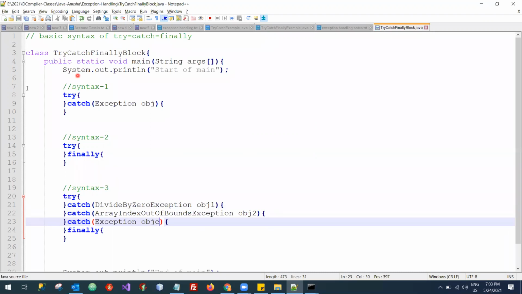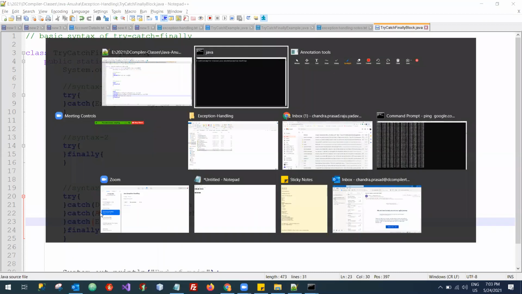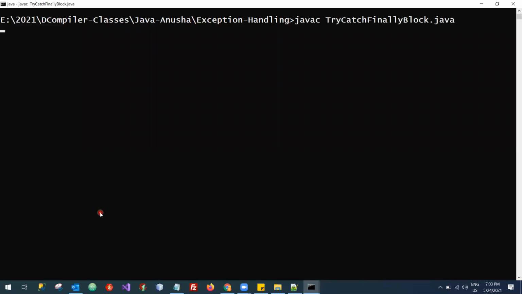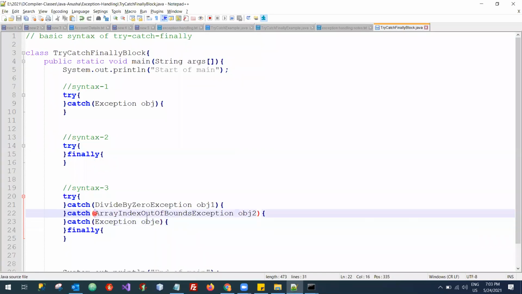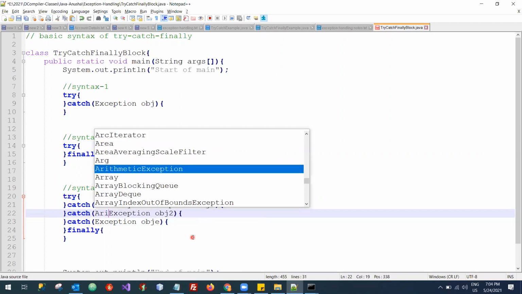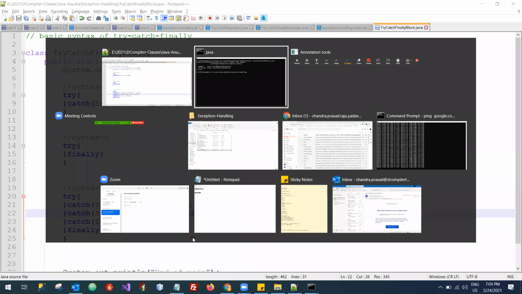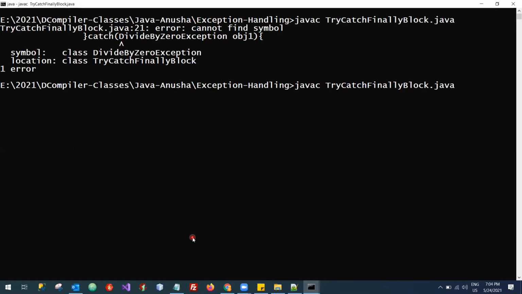So let us concentrate on the third line, that is, the third syntax. Do we have any error? It says DivideByZeroException, error: cannot find symbol. Okay, so this should be ArithmeticException. DivideByZeroException is the class in the C# language, the .NET one.